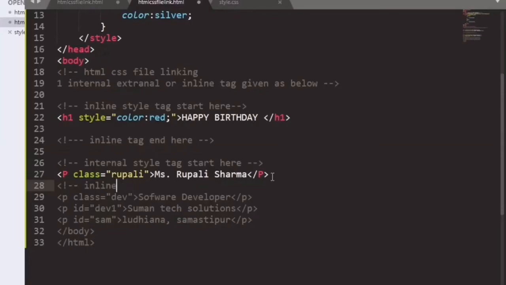Suppose we have commented here all the tags which we have explained, that is internal, external and inline CSS or HTML in style tag.